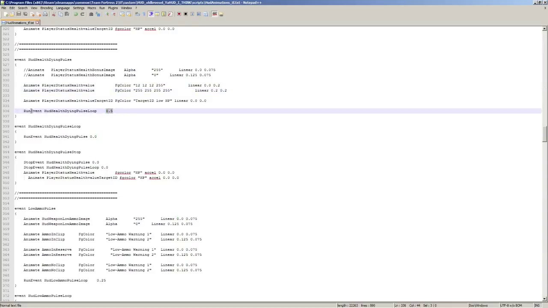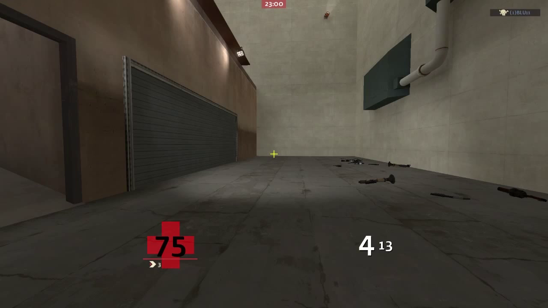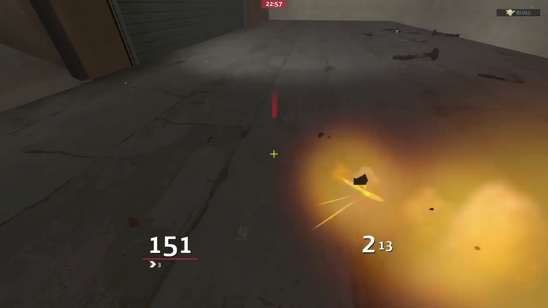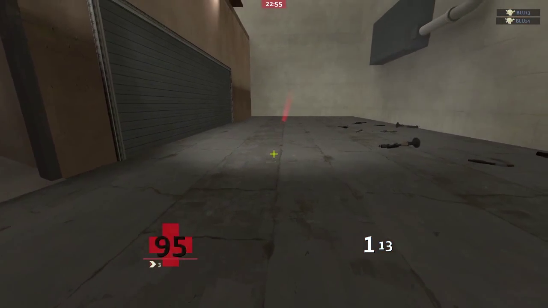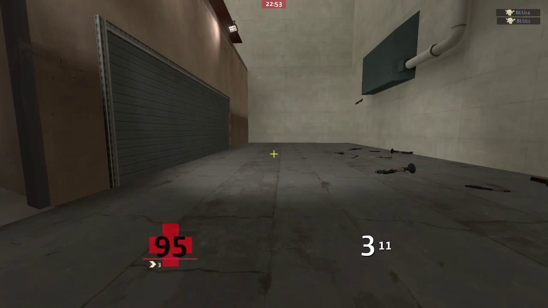So the first line is 0.2 for duration, so the second line has to start on 0.2. With this number it's highlighted at the bottom, that's the overall time for the animation, which has to be greater than the sum of the two animations. So we HUD reload scheme, we go low health, and there we go, we see that our health goes between black and white. These can be any values we want, and this is just what I happen to go with